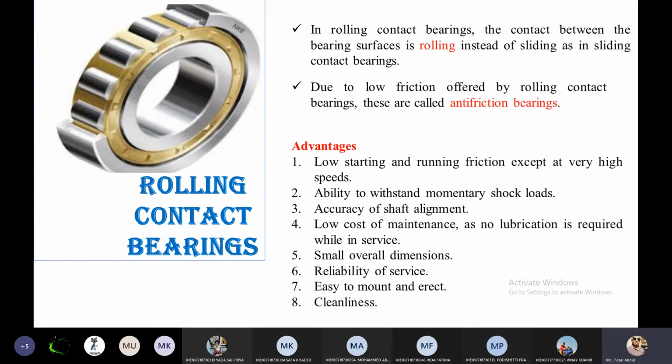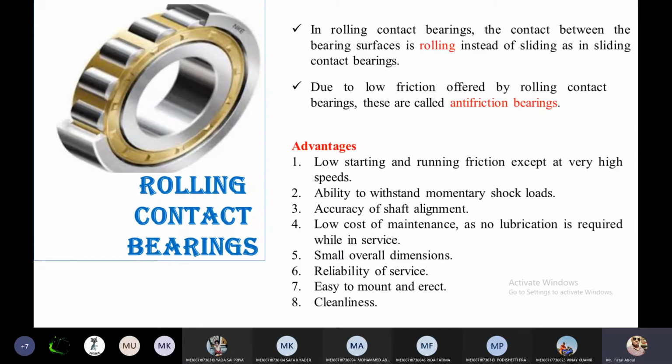So what is a higher pair? You hear this name, higher pair, in kinematics of machinery, in the classification of pairs, that is higher pair and lower pair, isn't it? Higher pair means where a point of contact or line of contact takes place between the surfaces. Here also, there is point of contact or line of contact. If it is a ball, only a point touches the surfaces on either side. In case of a roller, line of contact takes place. So here a higher pair exists.